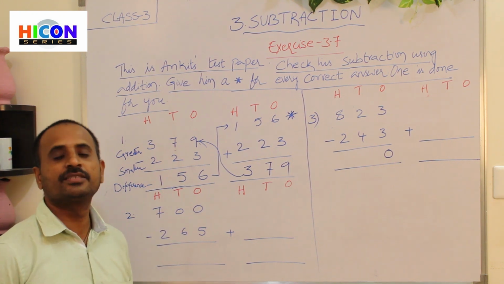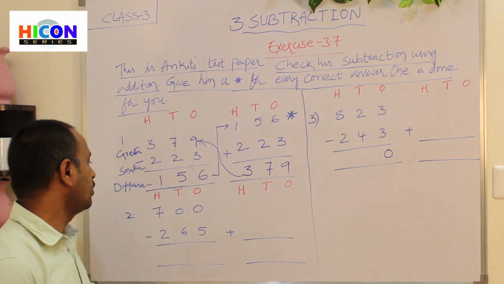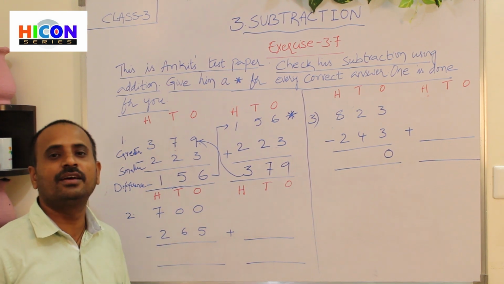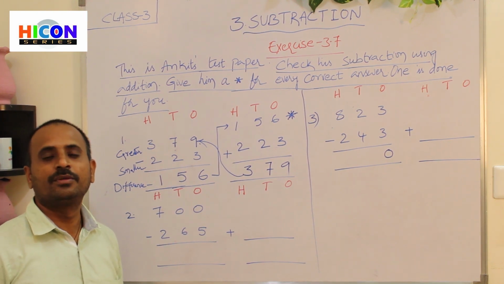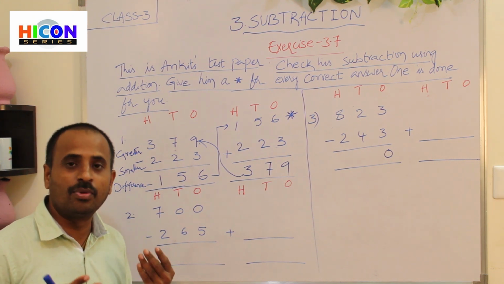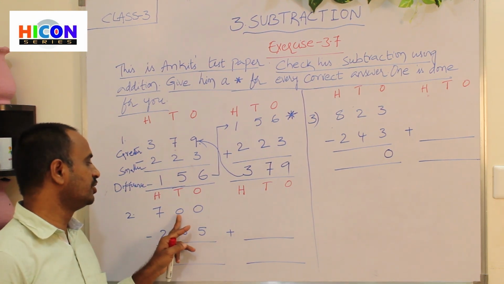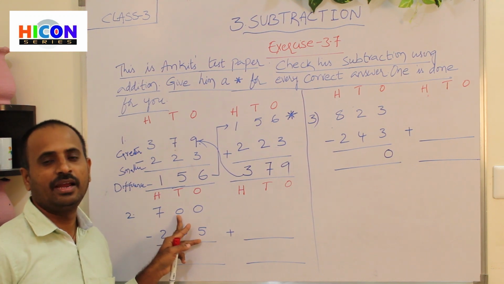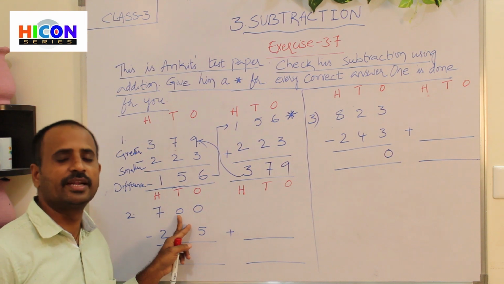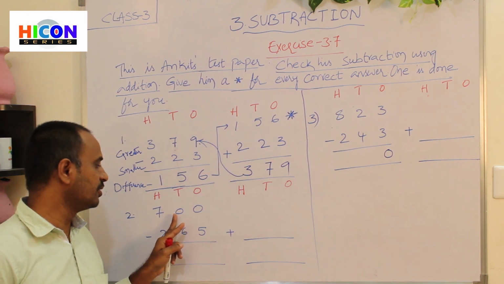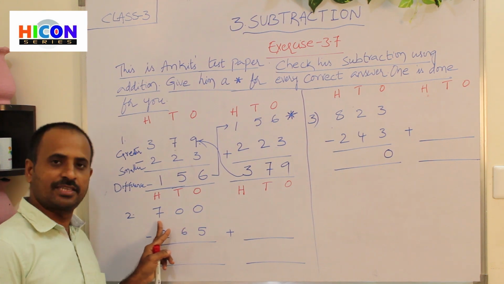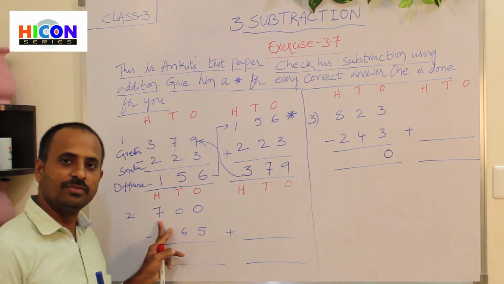What is its next place? Tens place. So how many tens are there? 0 tens. That means there are no tens in the tens place. Then we cannot borrow from the tens place. If we cannot borrow from the tens place, that means there are zeros in the next place, then go to the next place. What is the next place? Hundreds, where there is 7. So borrow from hundreds.